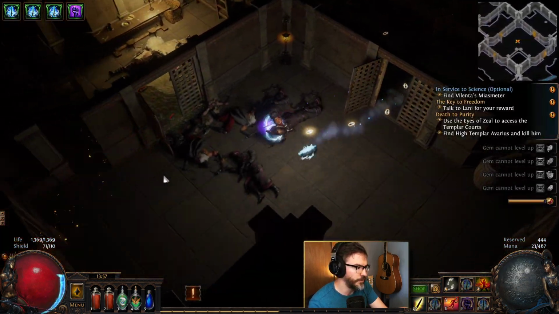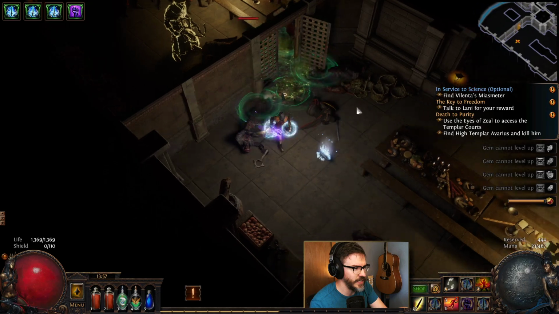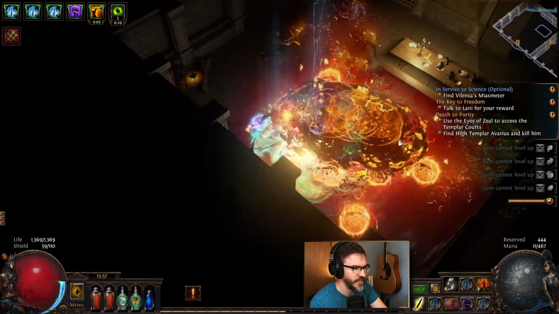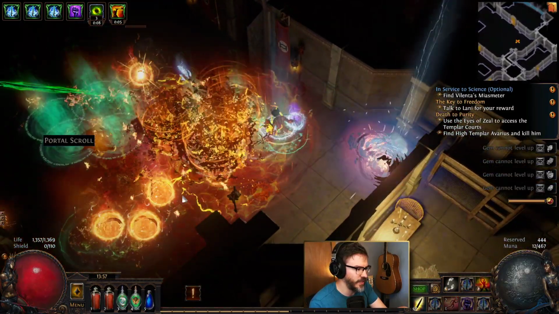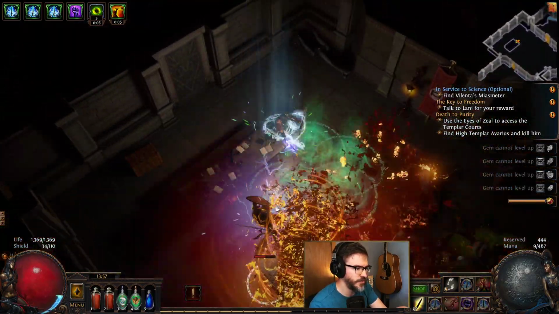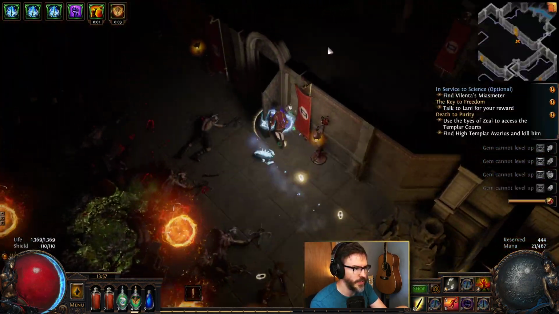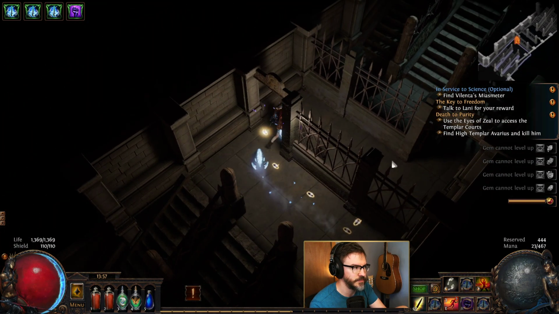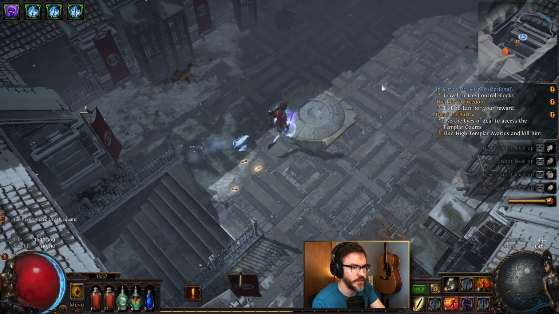Okay, there's a door. So the thing with the next few acts is that you have to start killing gods, and as you might imagine, gods are going to be tough to kill, right? They're going to be tough to kill. So we'll have to just see how well we do. Here. Okay. This way. All right. Oriath Square. Let's go back